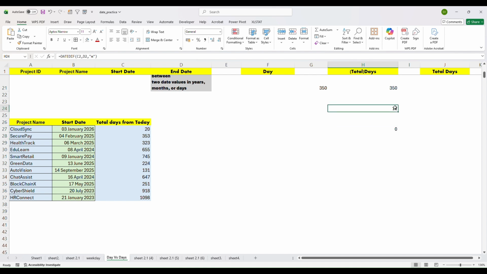Because it's only 11 months. So if it was 12 months, we would get 1 year. Since it is 11 months, we're not getting any return when we are writing the DATEDIF in years. So now coming back to the